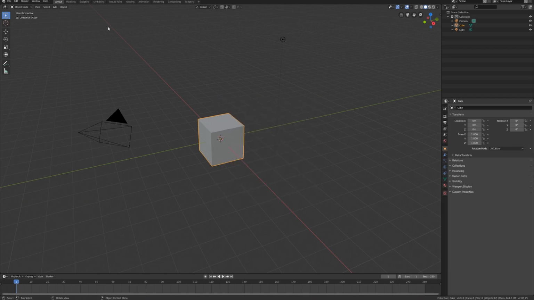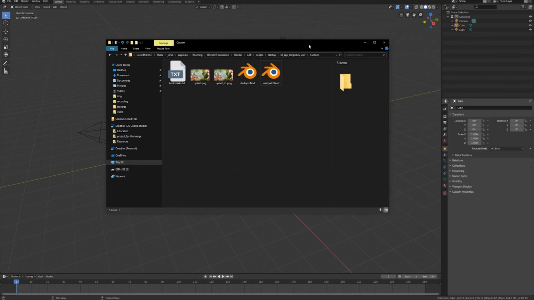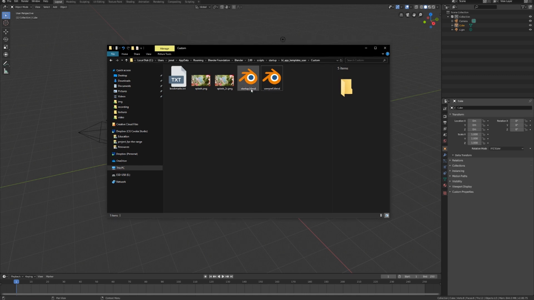So to install an application template, you have to hit the icon button, Blender logo, and then go to Install Application Template, and that's going to be a zip file. If you've never used one before, it's a zip file that has a custom splash screen, a startup.blend, and a user preferences.blend. And the splash screen actually doesn't work in 2.8, the custom splash screen. And also there's a few other